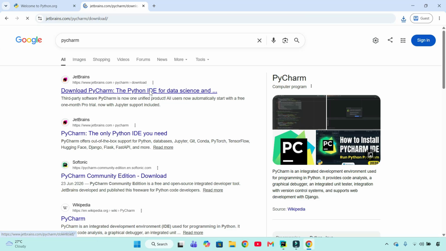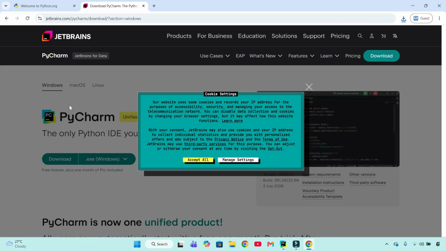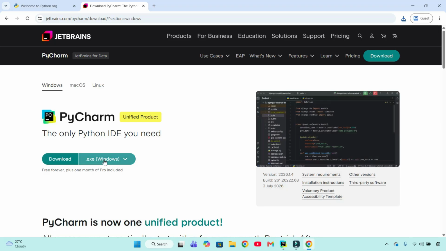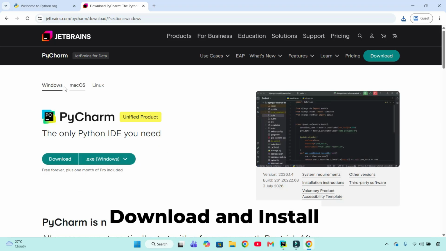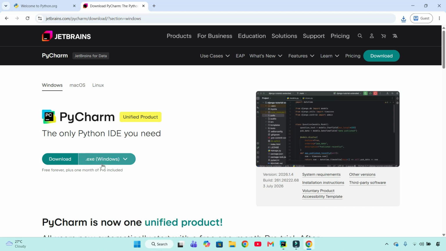We need this. So you can go ahead and download PyCharm. For Windows or Linux, you can select. For Linux or Mac OS, we have here. So you can download this one. So after downloading, you can open